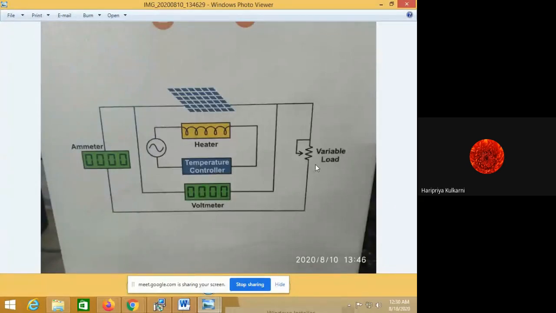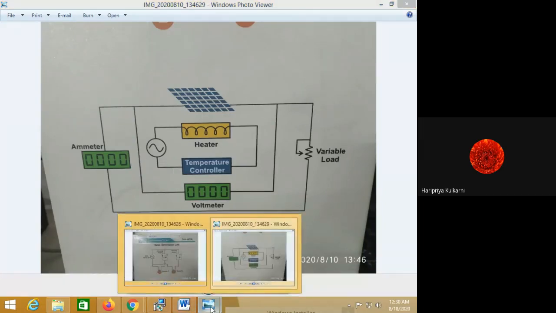Today we are going to perform only the A part, which is the plotting of IV characteristics of a solar cell. All you have to do is make an observation table. The first column will be serial number, the second will be voltage in volts, and the third column will be current I in milliampere. I hope all of you are attending my session along with a pen and paper, diary, whatever you have. So make the three columns: serial number, voltage in volts, and current I in milliampere. This is a basic block diagram.